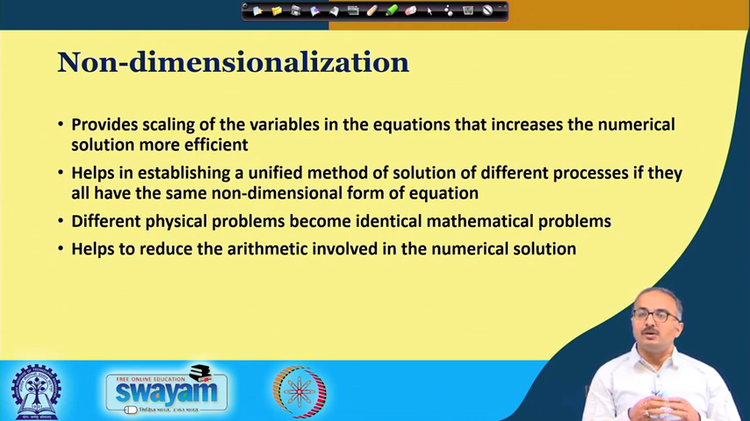So when you make these equations non-dimensional, you will find that the equations have a similar structure, and similar types of non-dimensional numbers. When I say similar type, it means that every time we are not getting the same non-dimensional numbers. For example, the Reynolds number may appear in the momentum balance, in the energy balance, in the mass balance, but